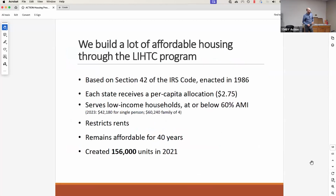You can go one more. That's the history of Action Housing, which I should have started with. So this will be a quick couple of slides on the low-income housing tax credit program. This is not a HUD program. This is an IRS program because it's tax credits. The way that the tax credits are allocated is on a per capita basis for each state. So in Pennsylvania, any state is